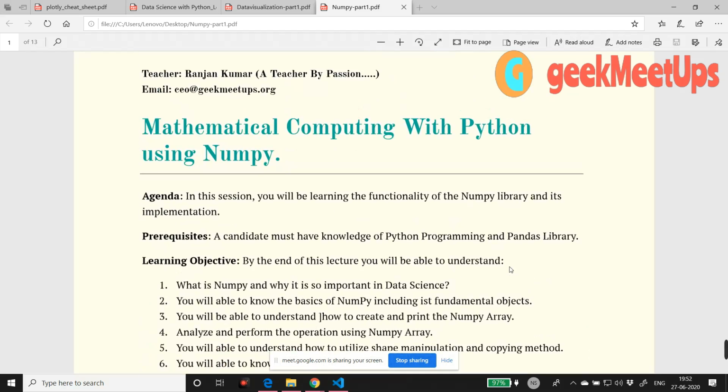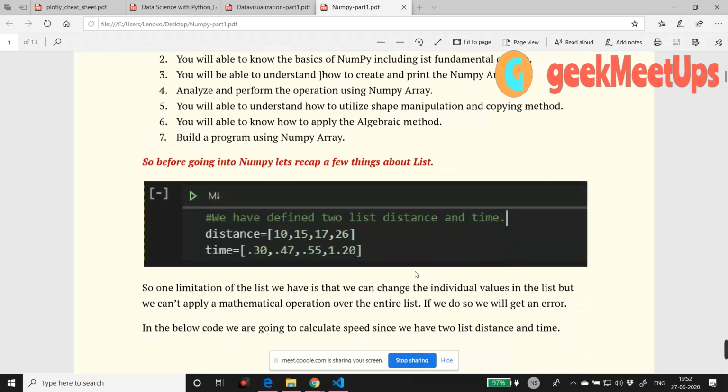You already know that NumPy is used for numerical Python. Since we are learning NumPy, we must have a clear idea why we are using NumPy.